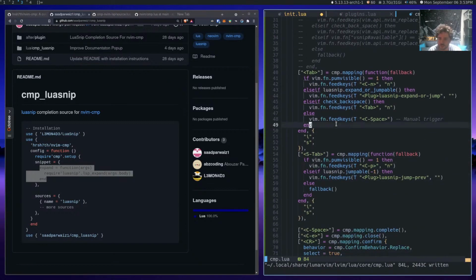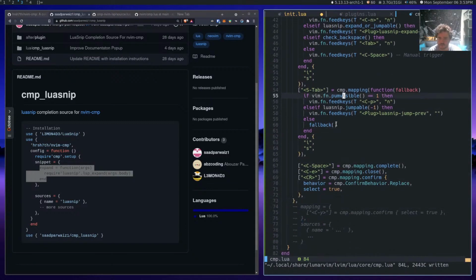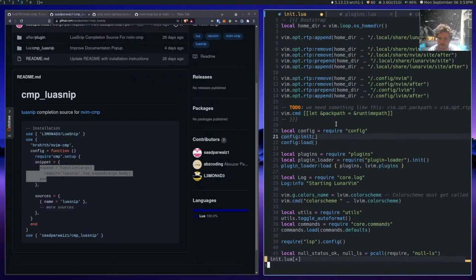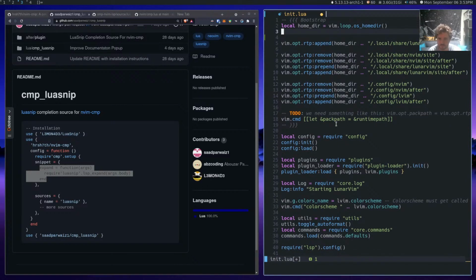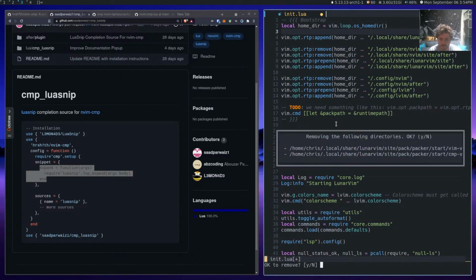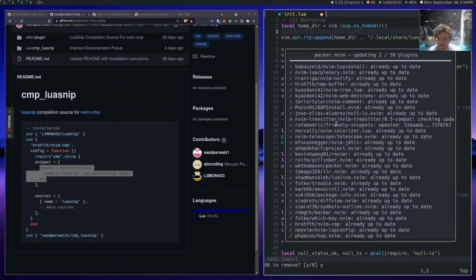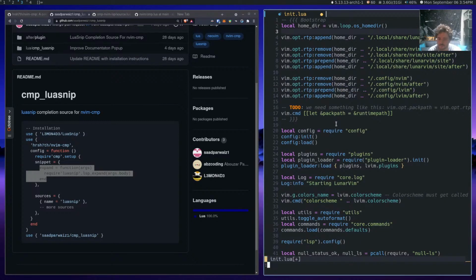All right, and that's already got some Lua snip stuff for us there. So let's see what happens. Wow, first, wow. We don't even have anything installed yet. All right, and then we'll just do a packer compile.